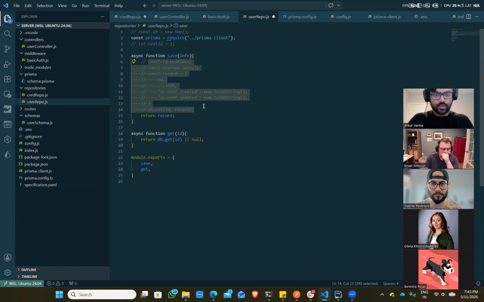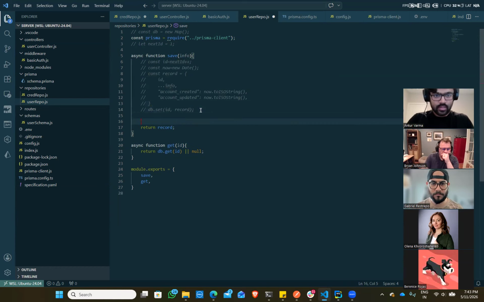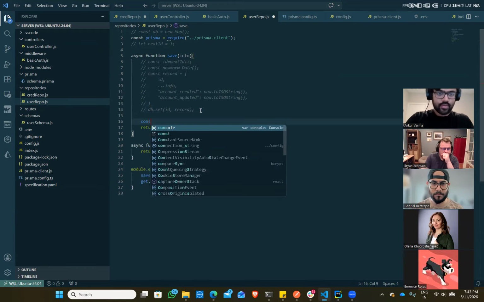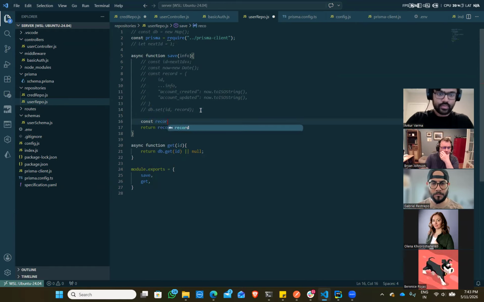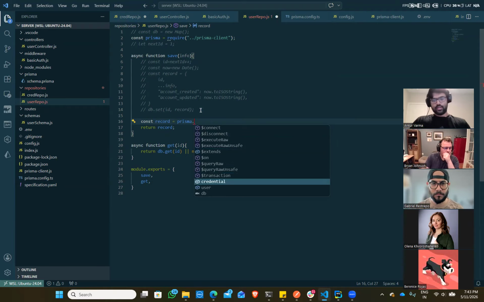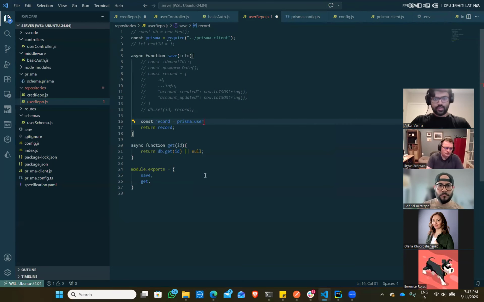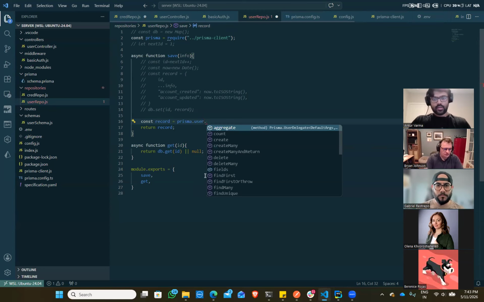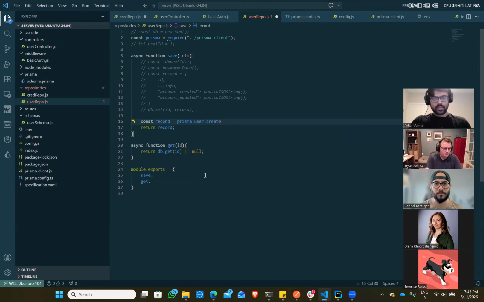I'm going to comment all of that, and now we're going to have const record is equal to prisma. So here you can see credential and user. We had specified two models, credential and user. So we'll go user.create